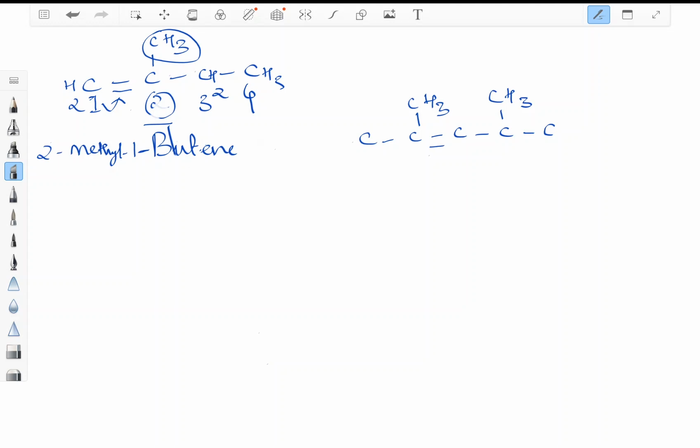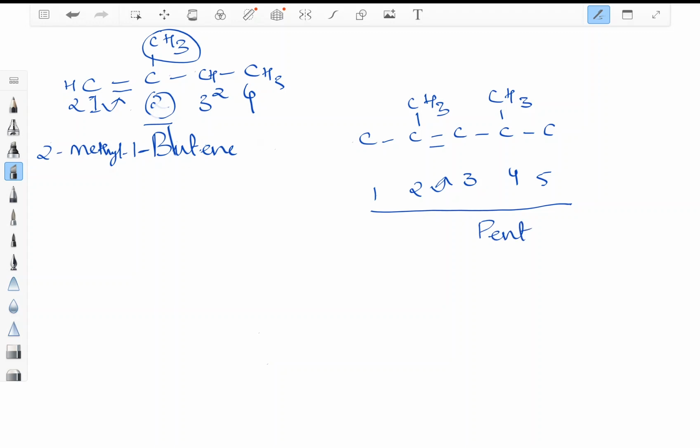If I number from here, 1, 2, 3, 4, 5, the third position is shown for the double bond, but if I number from the other side, 1, 2, 3, 4, 5, it shows the second position. So this one is the better option because second is a lower number than third. So for naming this compound, we are going to number the compound from the left side, not from the right side. Because it is pentane,